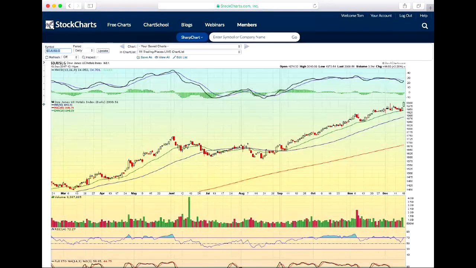This is the DJUSLG, so this is the hotel index. Check out this breakout today. Very strong move. Again, look at the rising 20-day moving average holding as support. And we're getting this quick move up over the last couple of days, breaking to new highs on this index,